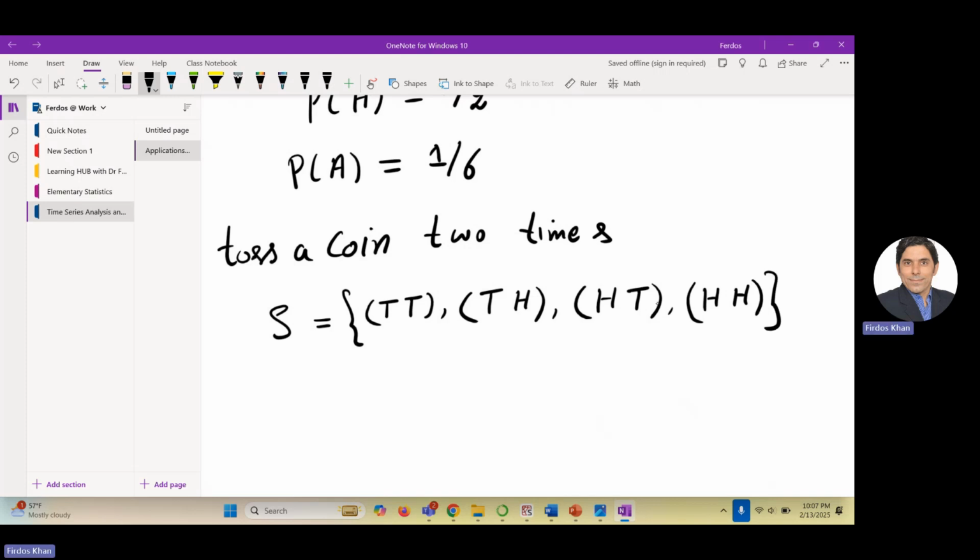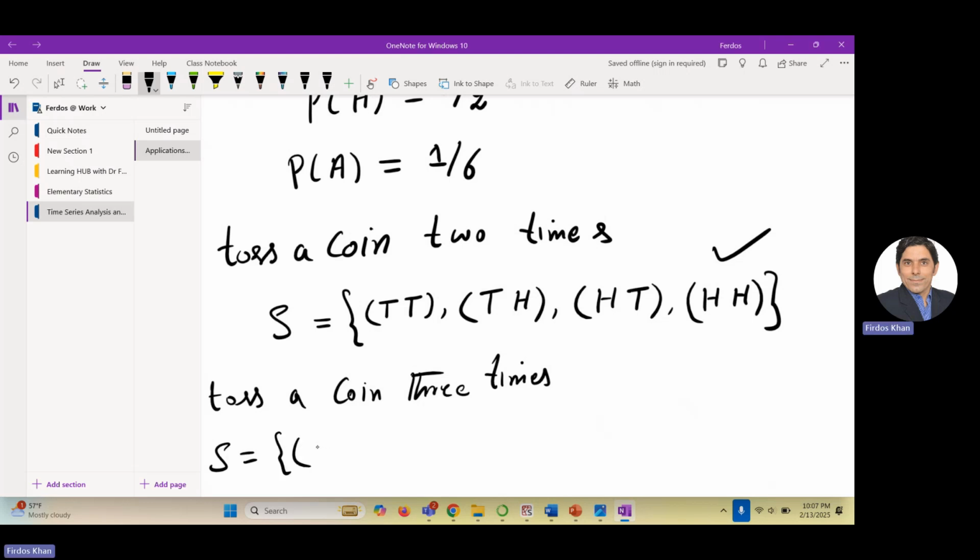Now you can see 4 outcomes, and that is the total sample space of the random experiment when you're tossing a coin 2 times. And suppose you're tossing a coin 3 times, then the sample space can be a bit different, I mean, with more